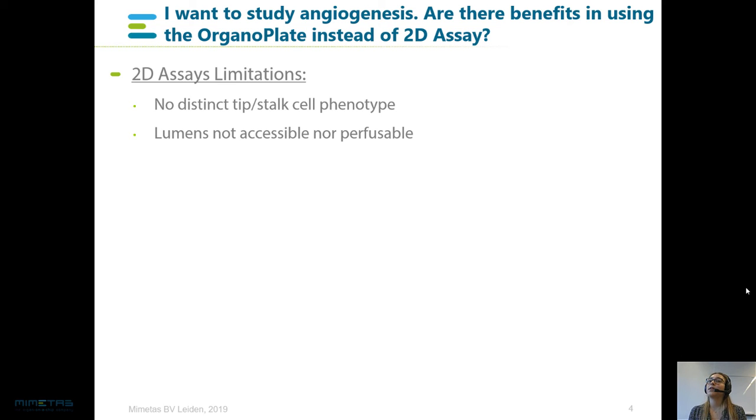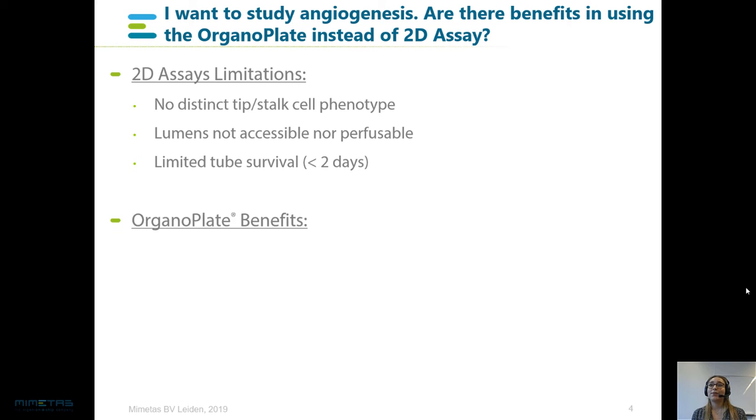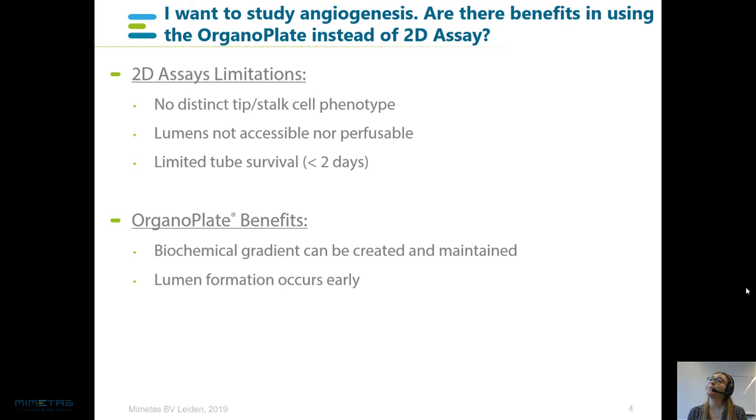And one of the biggest disadvantages is that when using the standard angiogenesis assay, the vessels are stable for a short period of time, like 1 or 2 days, giving a short window for experiments and assays. In the organoplate, you can easily study gradient-driven angiogenesis, and you can do that in high throughput. In fact, you can grow 40 identical luminized and perfusable microvessels. Our protocol has been optimized to trigger angiogenic sprouting that reproduces all the angiogenic events that occur in vivo, such as the differentiation of the endothelial cells into tip, stalk, and phalanx cells, and the formation of perfusable lumen.